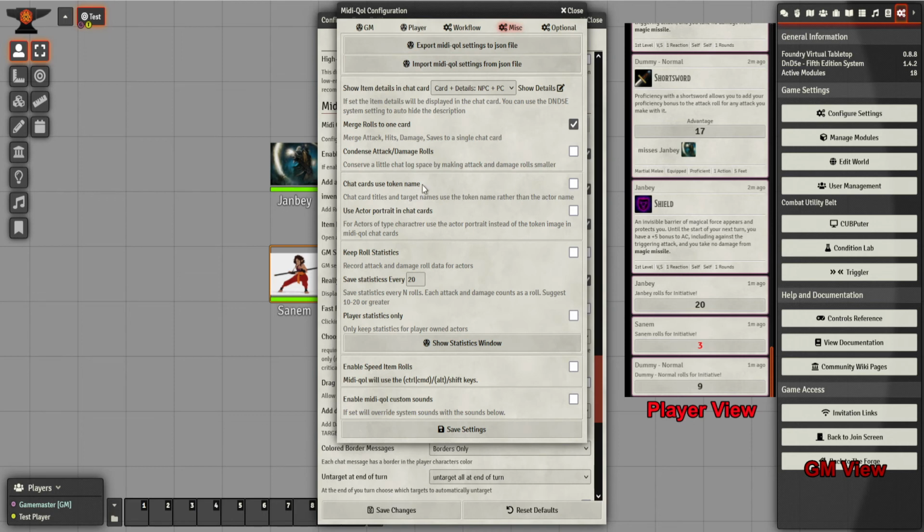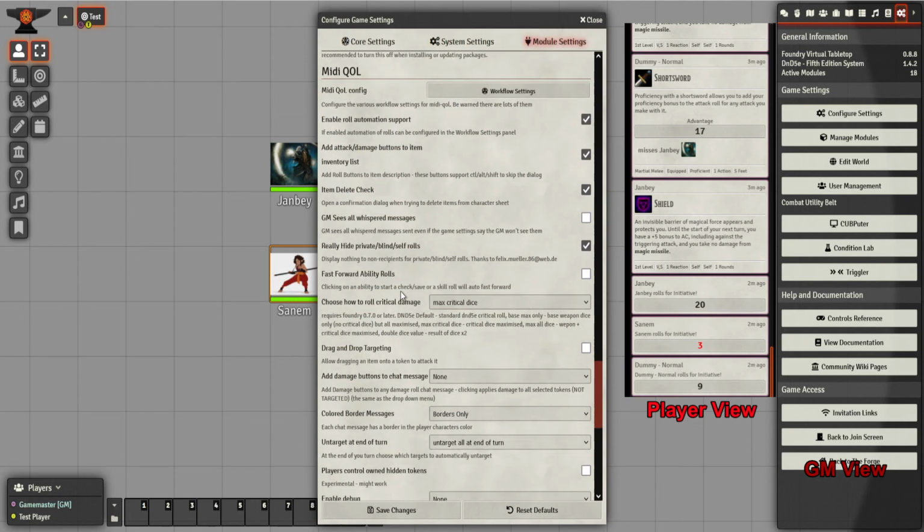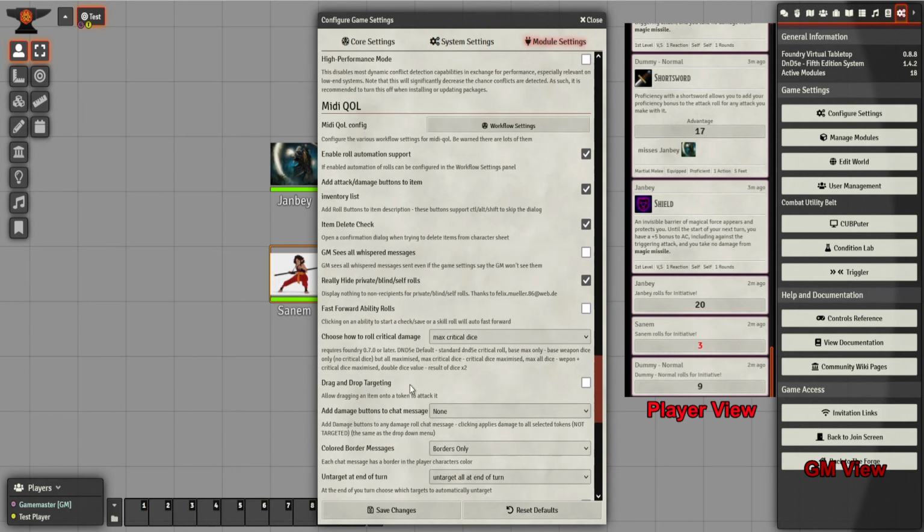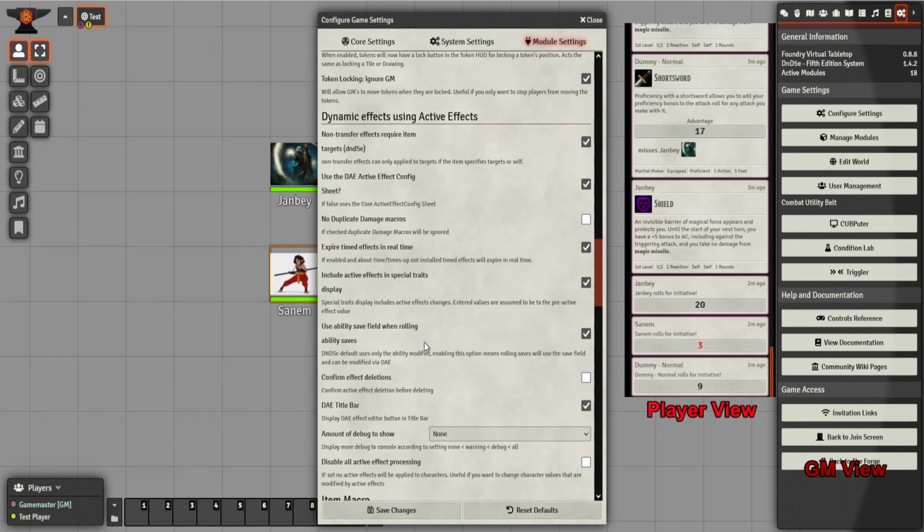Sorry about this. Take a name rather than the actor name. Yeah, see its portrait. No. Well, I thought it was there. Evidently not. But I know there is one